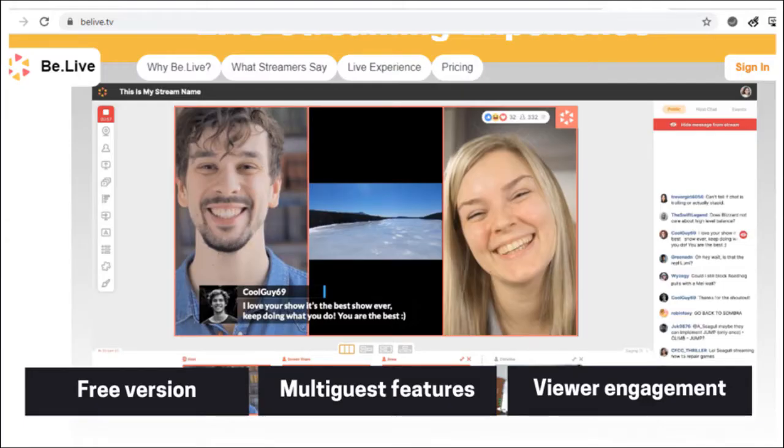So just another little picture of how it works. A few of the features are the same as OBS as far as screen share, adding a guest to your live stream. There's also some pretty cool text and graphic overlays that you can play around with, and some engagement features in there as well, where you can highlight different comments as your viewers leave comments throughout the stream. There's also a tutorial for it by the CMAC Community Center that is in AOC's Knowledge Hub. Again, I'll walk you through where that is on our website at the end of this presentation.